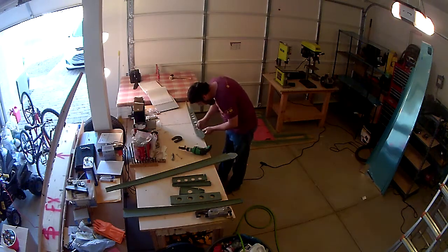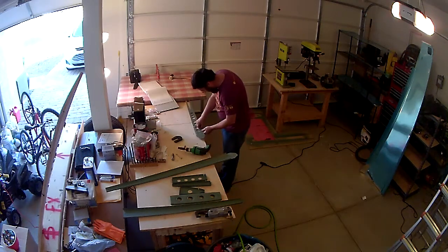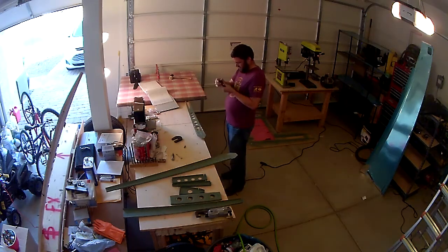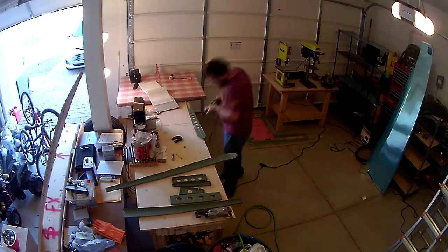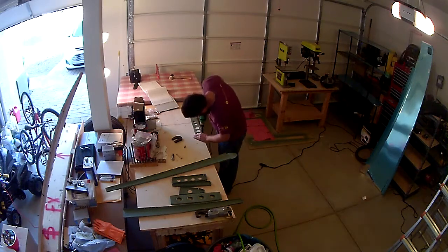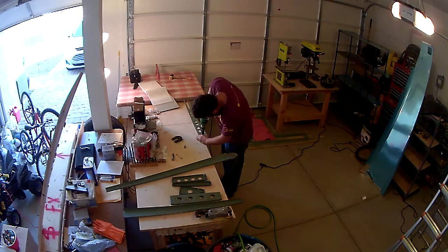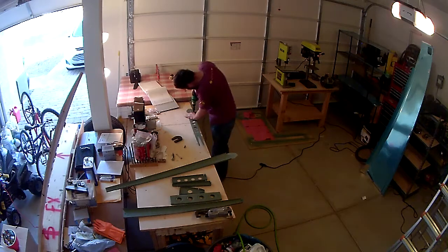And so the methodology with the countersink, the proper method, I guess, is that you just make real small adjustments and test between each adjustment. So you get the right size rivet and make the first adjustment very small so you barely see any exposure of the drill bit when the cage is bottomed out. Take out some material, test it with the head of a rivet, and if it's still protruding, then you make a small adjustment to your cage again, exposing a little bit more of the drill bit and taking out a little bit more material and testing it, and keeping that process up until you get the rivet head flush with